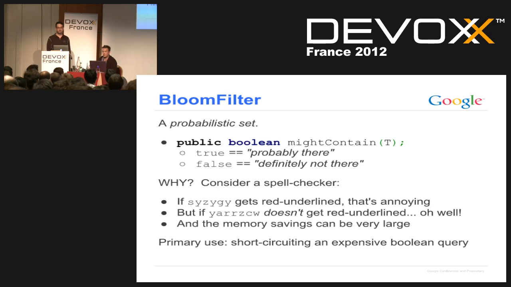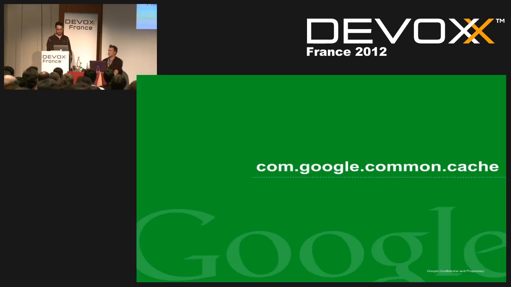And it will give you this probabilistic answer. If it says definitely not true, you're okay. In the small percentage of cases where it says, well, it's probably there, then you fall back on the full expensive query. And when you create a BloomFilter, you get to specify what false positive probability you're willing to accept. So a common value might be 3%. I'm okay if you give a false answer 3% of the time. That means you've just cut all the times that you need to do this expensive query down by a factor of 33. I think it's magical myself. I love these things.